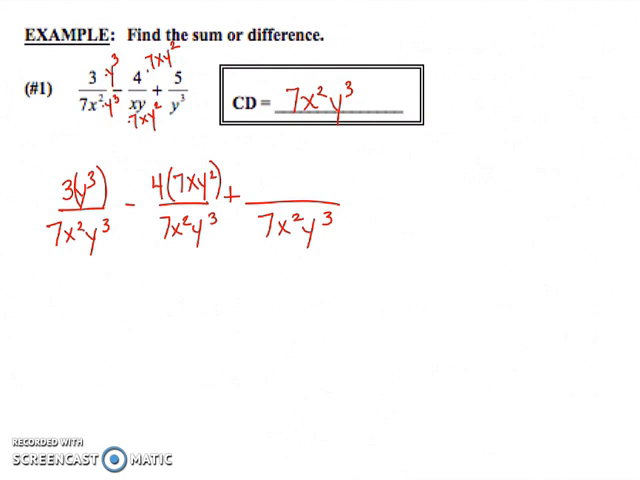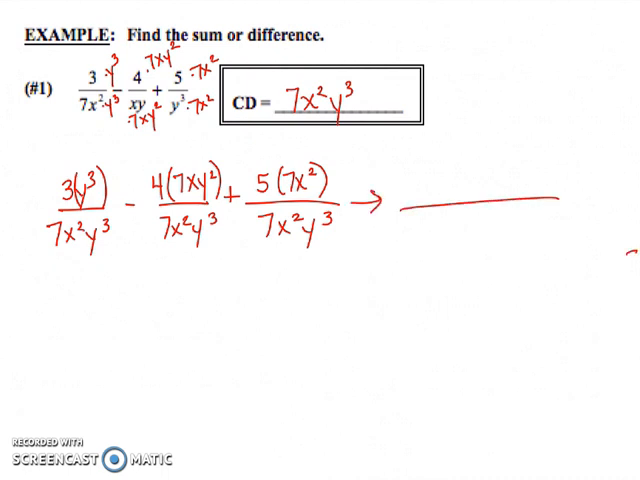And then my last one, I just had y cubed for my original denominator. Now I've got 7x squared y cubed, so it looks like I'm going to have to multiply top and bottom by 7x squared in order to make my new numerator. So I'm going to have 5 times 7x squared. Okay, so now